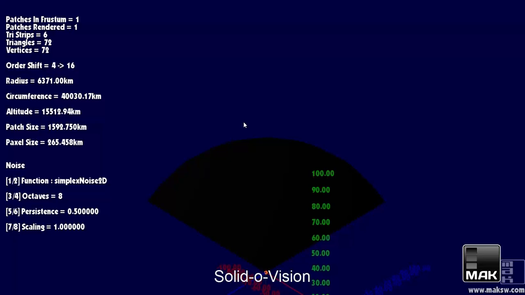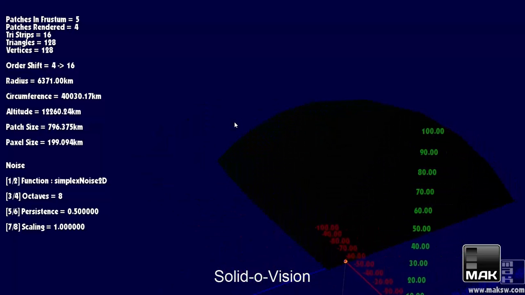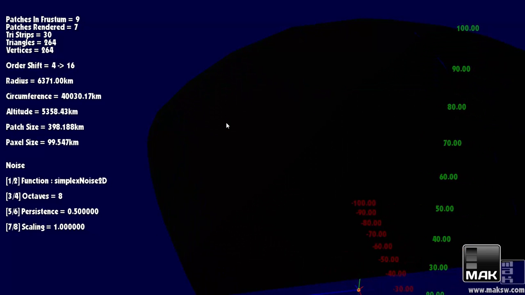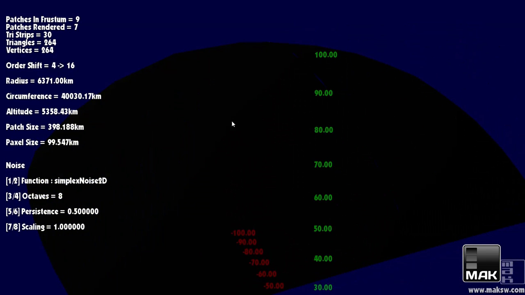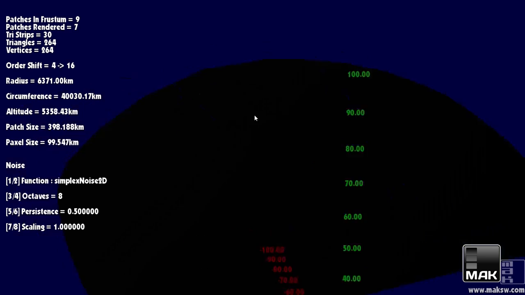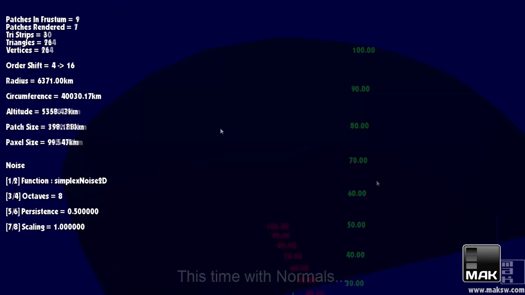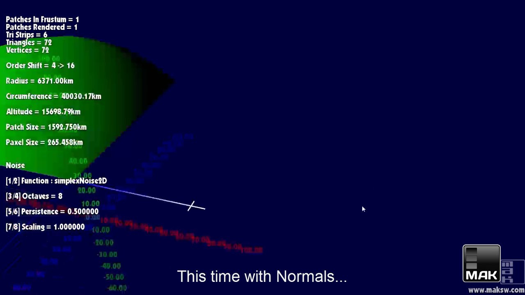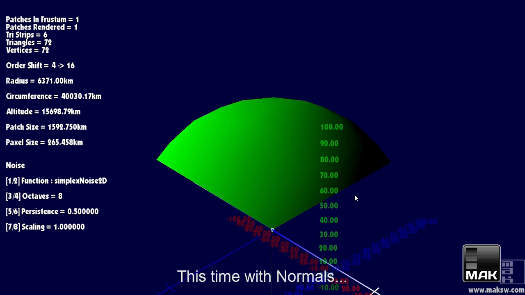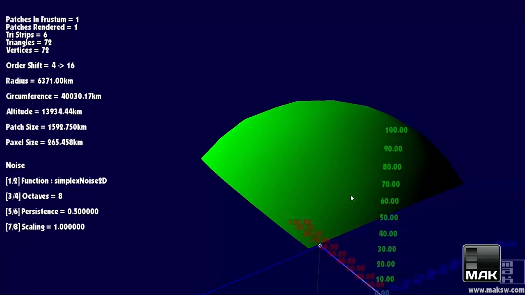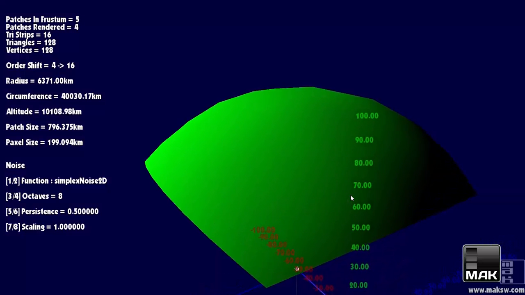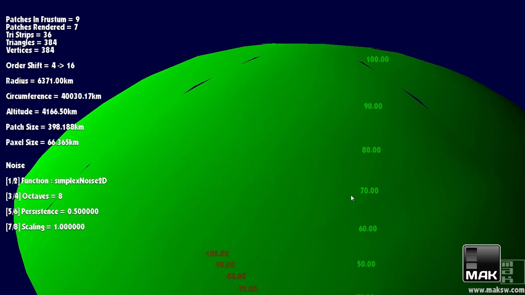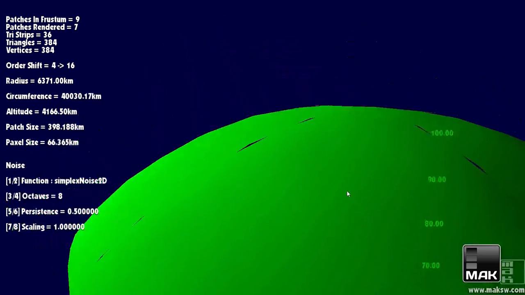Okay, so this is the first warts and all version of trying to bring in lighting to make it solid. As you can see, yes, it succeeded in making it solid, but failed as far as lighting is concerned. So here we go. Now we've got some normals being calculated. Again, there is a bug in the normal calculation. It's not correct, but it gives you some sort of sense of shading at least now coming in onto the